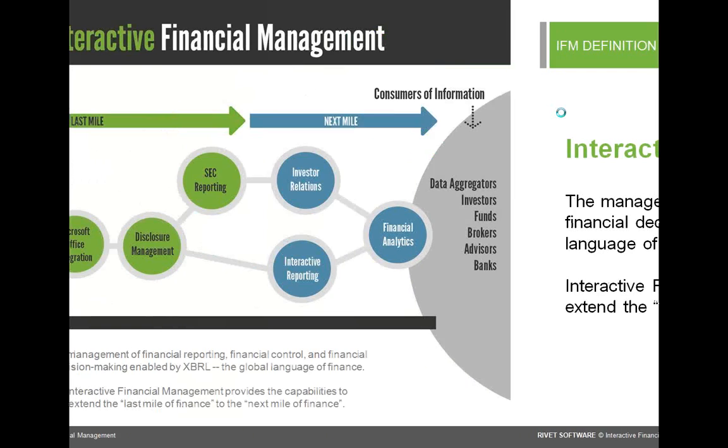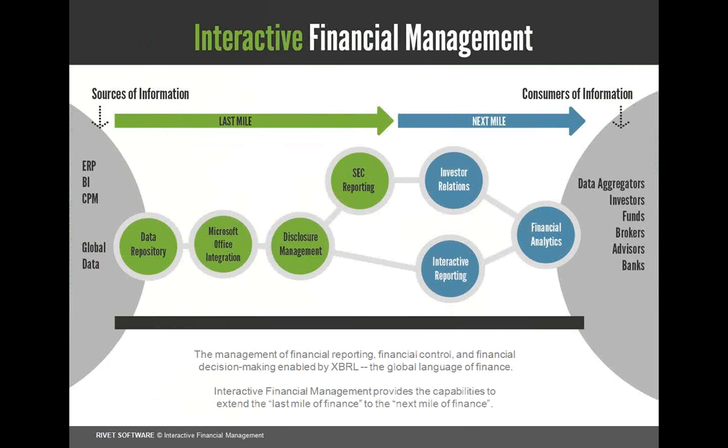time talking about that. This is an infographic that captures the interactive financial management market. First, to just lay the foundation of the graphic, the left bubble shows sources of information. Things like ERP systems, general ledgers, business intelligence tools, repositories, corporate performance management tools. There are numerous types of sources of data and various sources that capture financial information that are used within the reporting process. On the very right, the bubble here